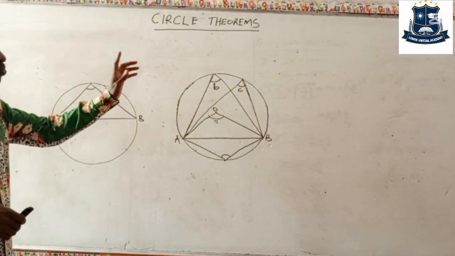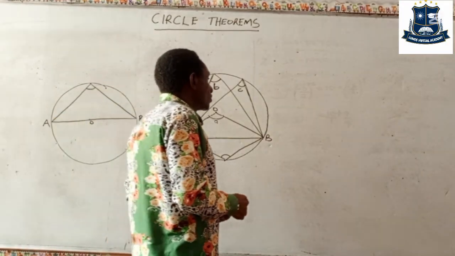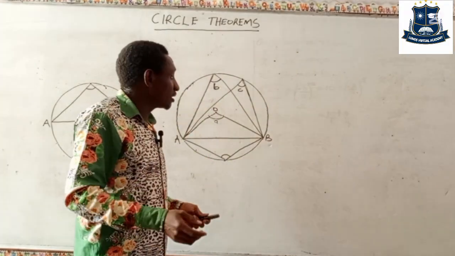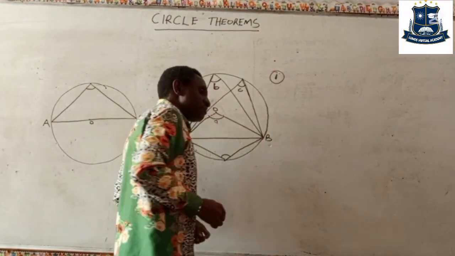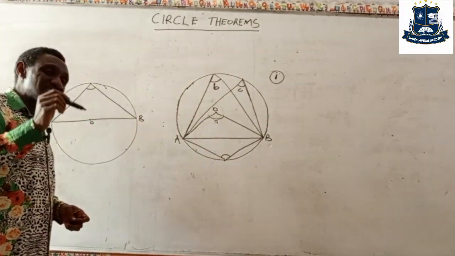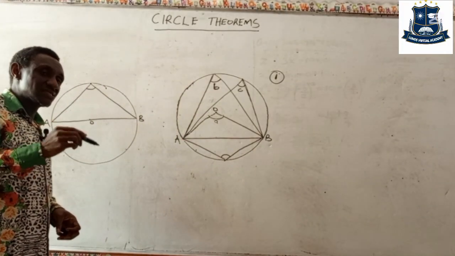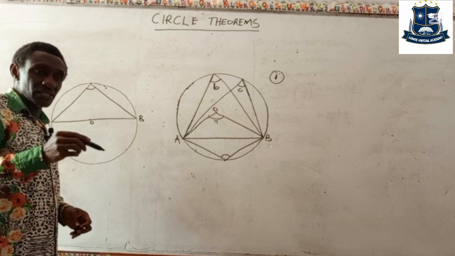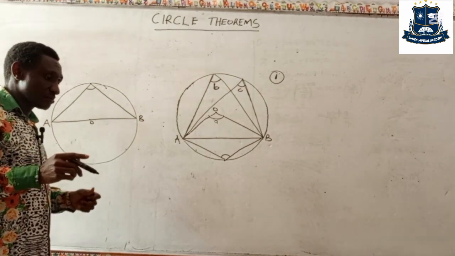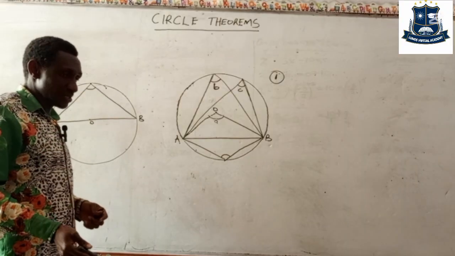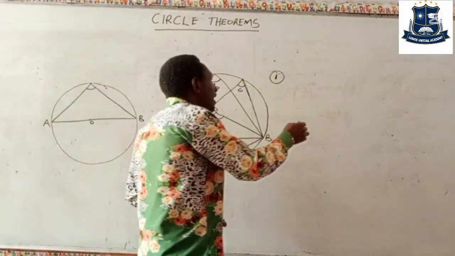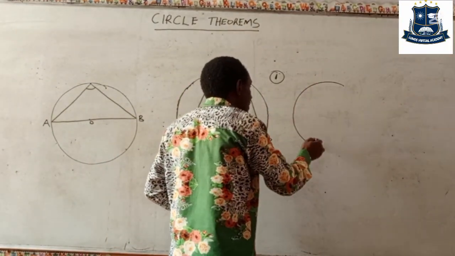Now the first theorem, and I'll give you the theorems in no particular order, states that the angle formed at the center is twice that formed at the circumference. Theorem 1, paraphrased, simply means the angle formed at the center is 2 times the angle formed at the circumference. So if I have a circle like this,